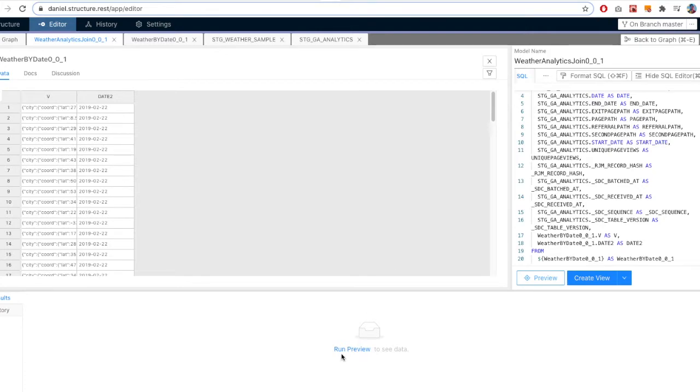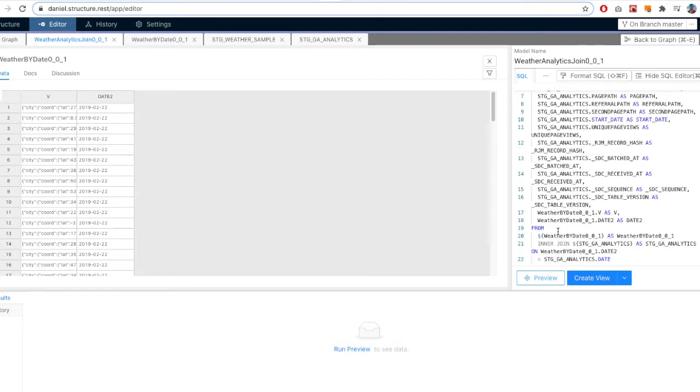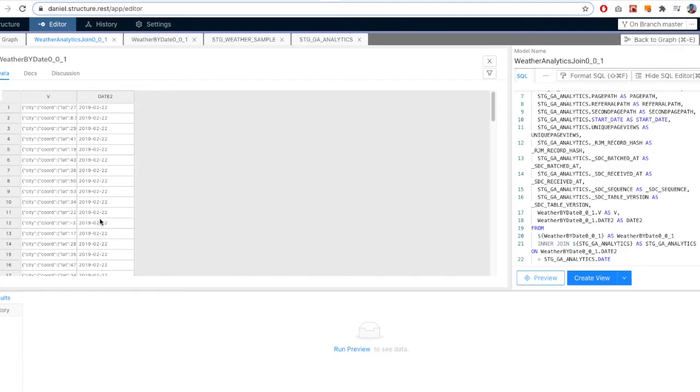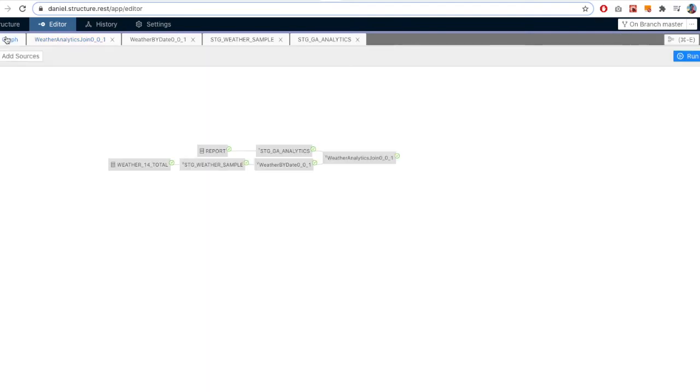Oh, no overlapping data. Darn. So this weather data is old. And all my Google Analytics data is new. So how do we fix this? Well, whatever. Let's do